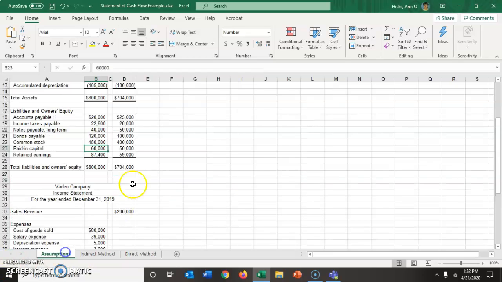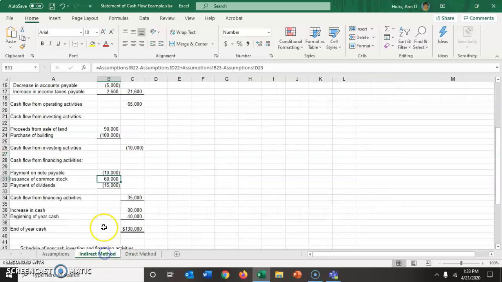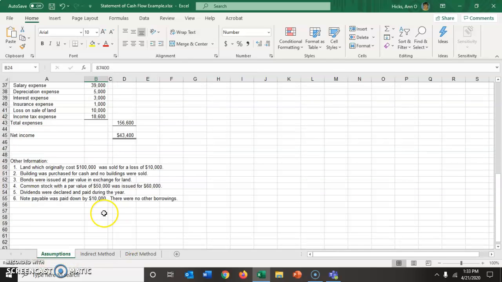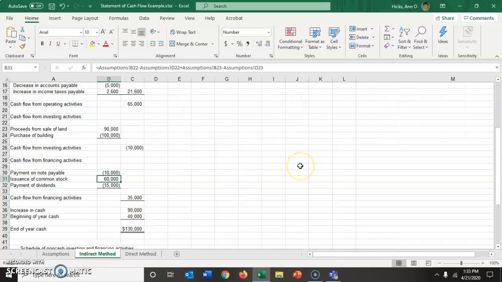Then the only other thing that we have in equity are retained earnings. Retained earnings goes up, we know, by net income, which we account for as an operating activity, but it also goes down by dividends. The payment of dividends to our stockholders is a financing activity. And we know from the other information that dividends were declared and paid during the year. What we don't know is how much, but we have enough information to determine that because